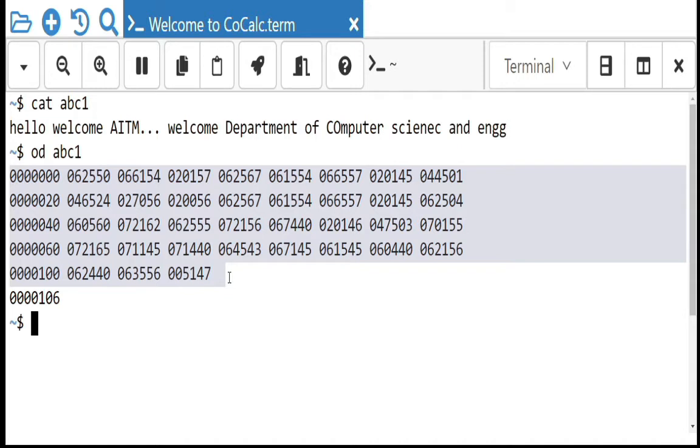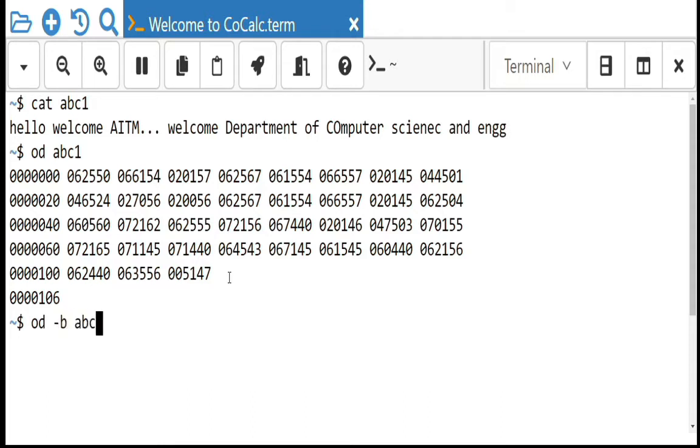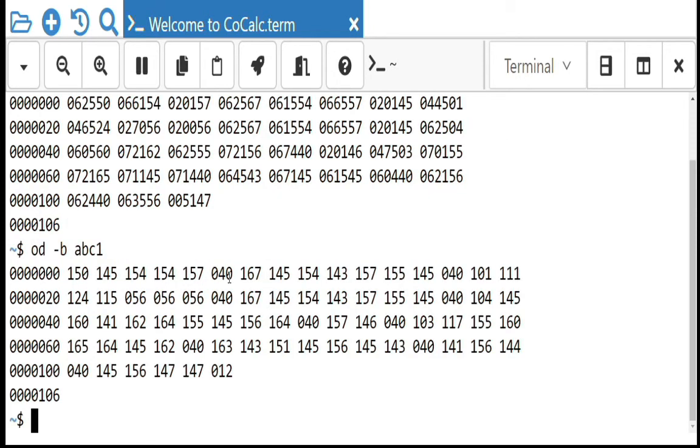Okay, then the OD command with options. First one is OD minus B, then ABC1. So minus B is going to display the content of input in the octal format, same as before.